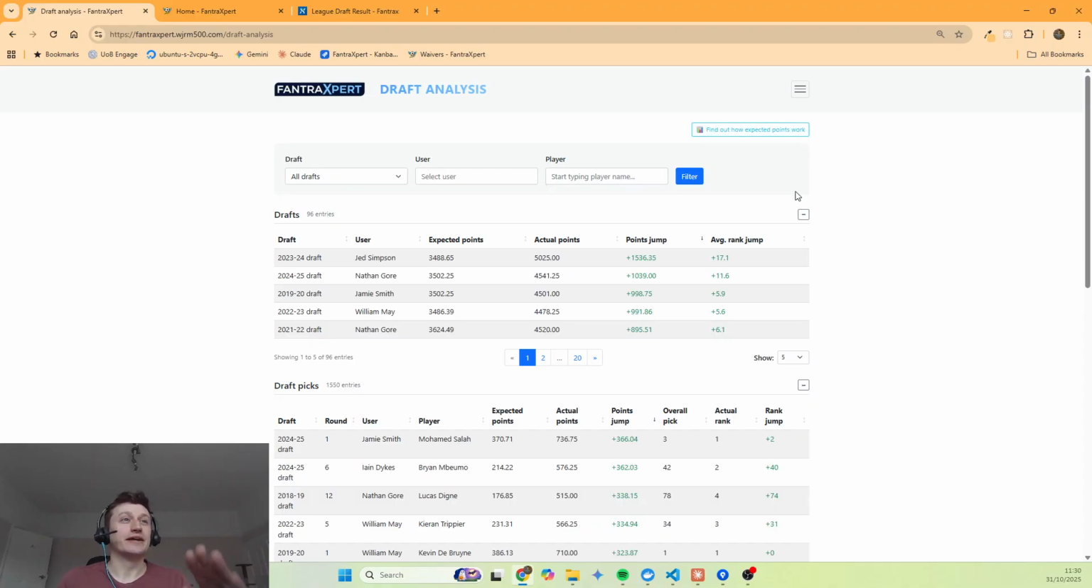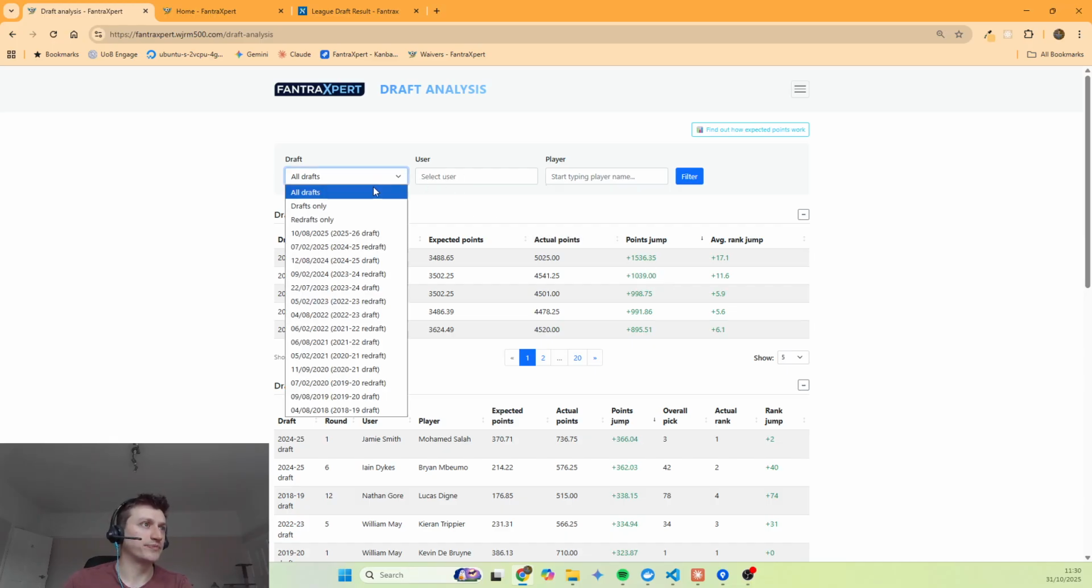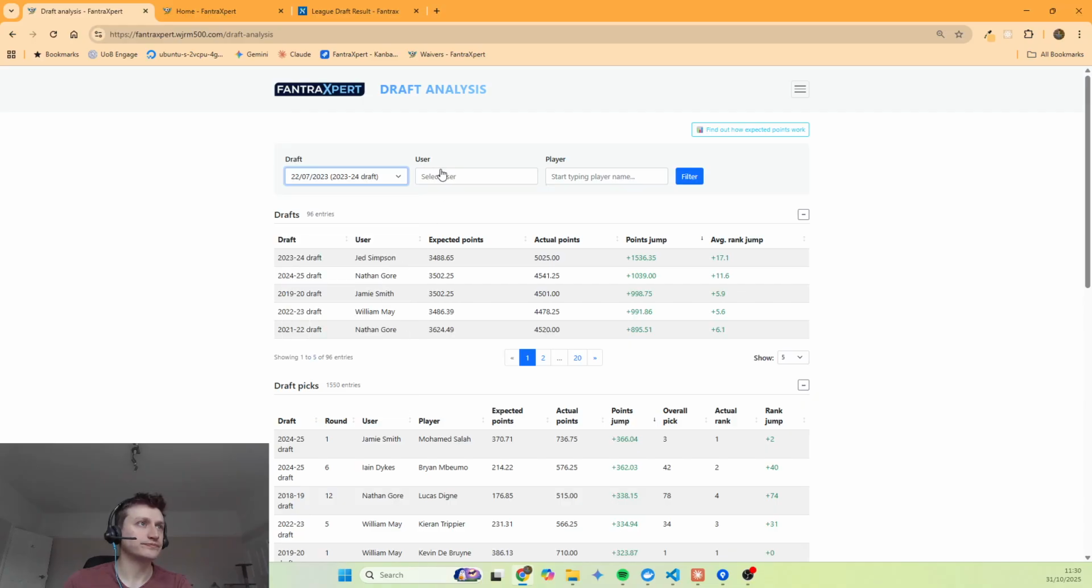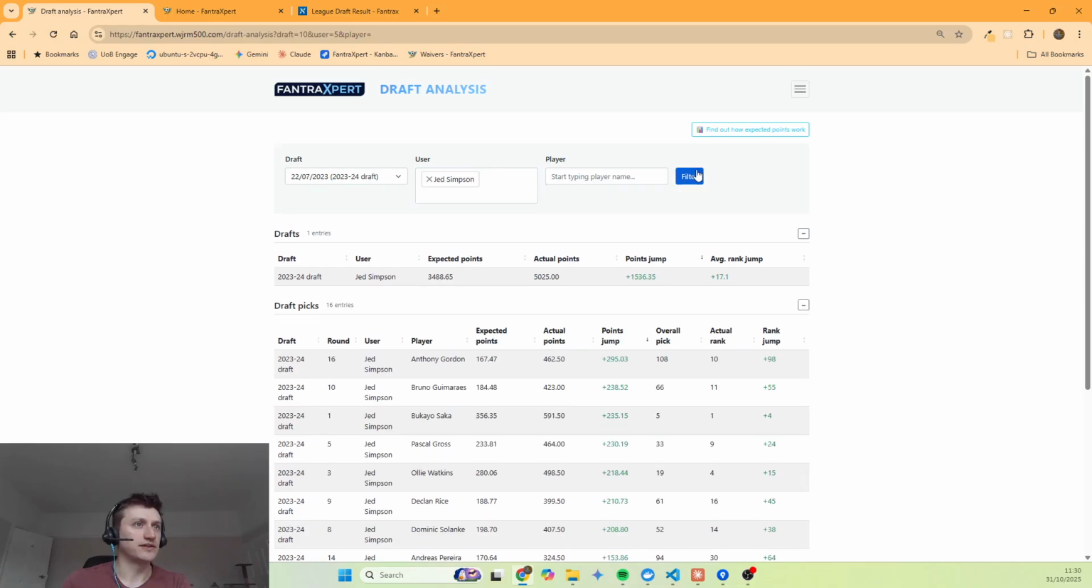But anyway, you can see that the best draft performance of all time, according to this, the outperformance metrics are looking at the actual points scored over the course of a season versus the expected points scored, was Jed in 2023-24. By quite a big distance, actually. That's a huge points jump and a lot higher than second place. So if we actually look at the components of that draft, so the individual picks within the draft, I should say, you can see for Jed,